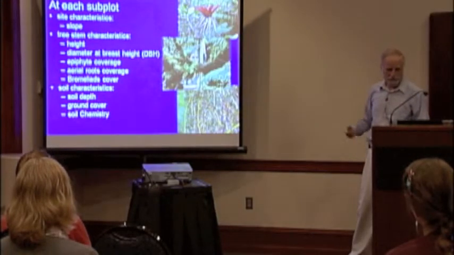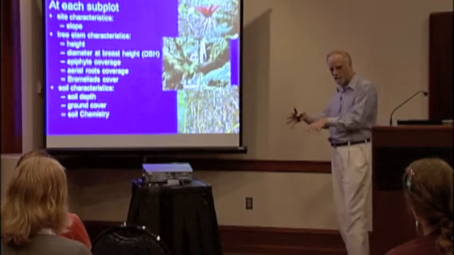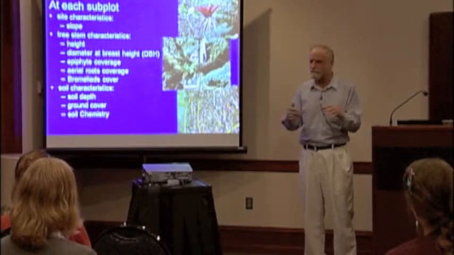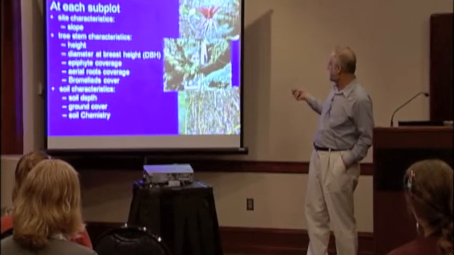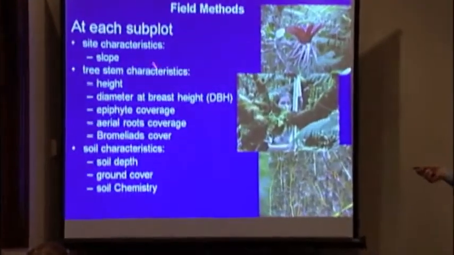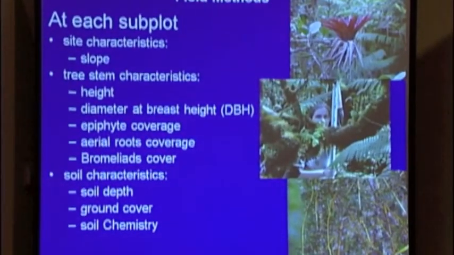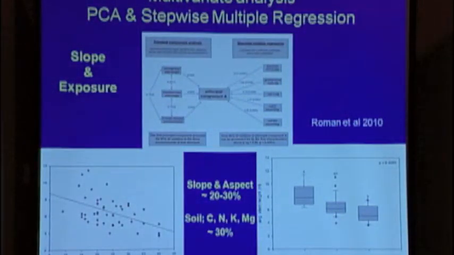So she put together this nice story about where these soils are, how they are. Then we went out to the forest and measured in a whole range of areas what the slope was, what the tree characteristics were, and then the soil characteristics. And then we came back, and using her skills and statistics that she learned, she was able to show, and I'm not going to go through all the statistics here, but it turns out that it's really slope and exposure and how much water you have on the landscape that has much greater explanation in determining tree height and productivity